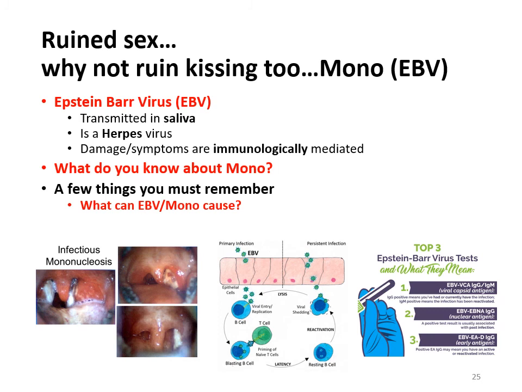Now, there are a lot of things that mono is known for. First of all, it is targeting your B cells, so it's targeting your immune cells, and it tends to cause extreme fatigue, fever, sore throat, and aches when it's highly active. But now they're finding that when it remains with you for life, it also causes chronic fatigue syndrome and multiple forms of cancers, including B-cell lymphomas and nasopharyngeal cancer. So in the nose and pharynx region, people are getting cancer from having EBV in their body.